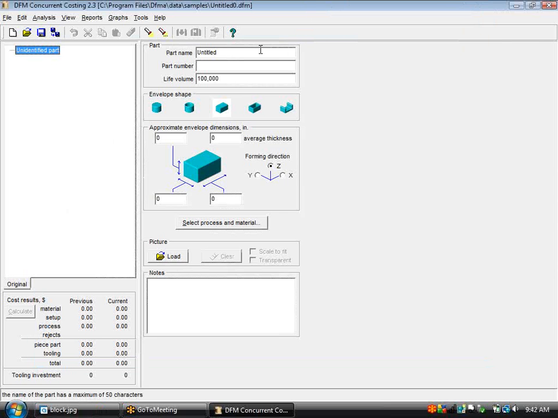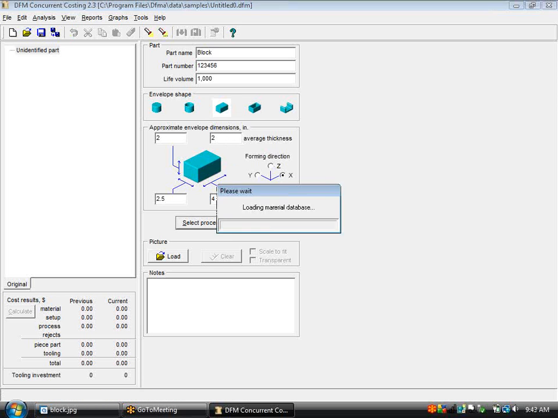So in the DFM software, I would call this part here the block, and let's say we'll put in a part number and we want to make 1,000 of these pieces. We'll select the block shape, we'll put in the dimensions of 2 by 2.5 by 4 inches, and we'll say it has an average thickness of 2 inches. The forming direction for a machined part is along the length of the long axis,